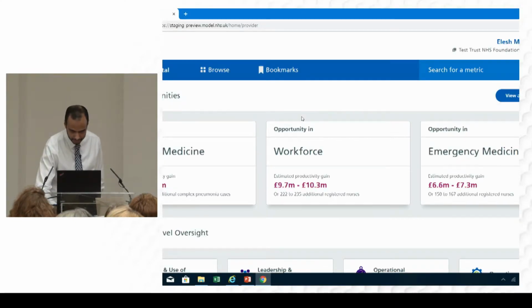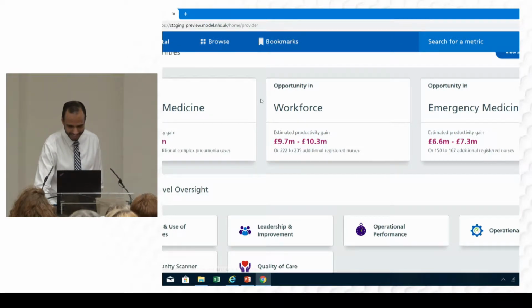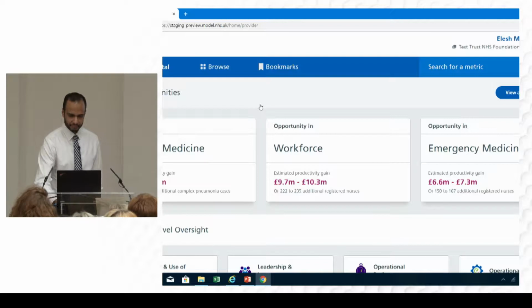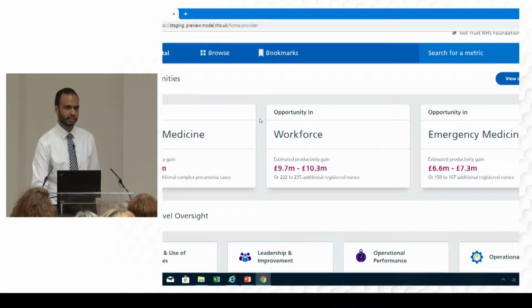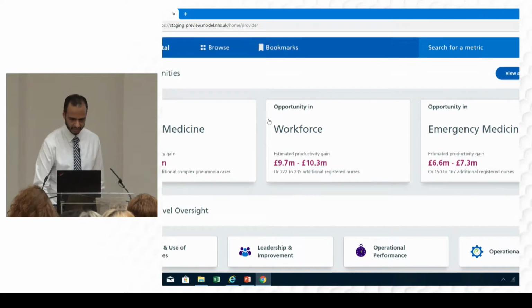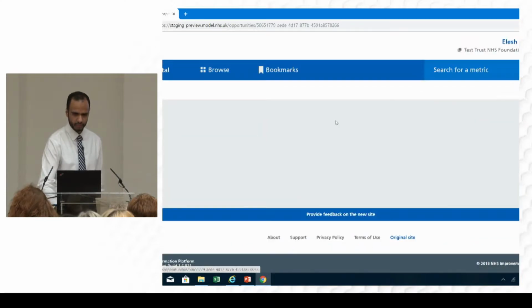So I am still logged in, thankfully. It's not been more than an hour since I last logged in. So I've got a test trust lined up here. And the way the new website works is we try to point people to the opportunities area first. So this is primarily driven around the cost per WAU figures. And so if I click for this test trust into workforce,